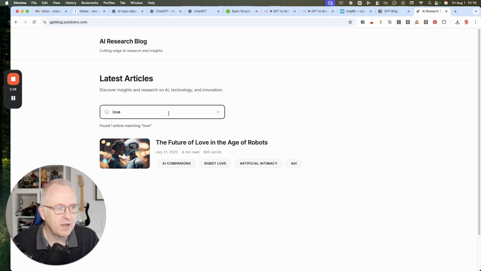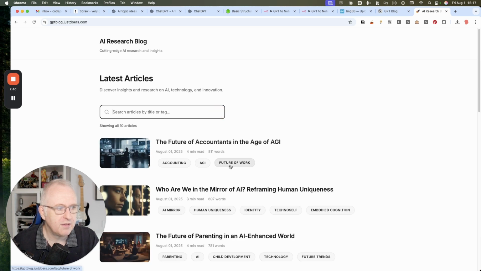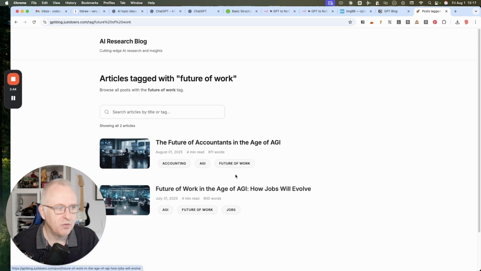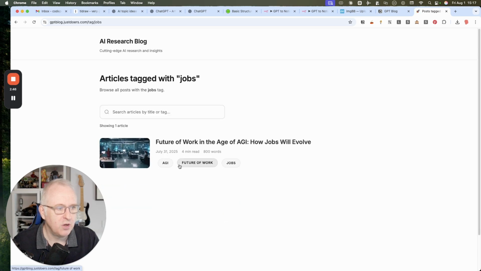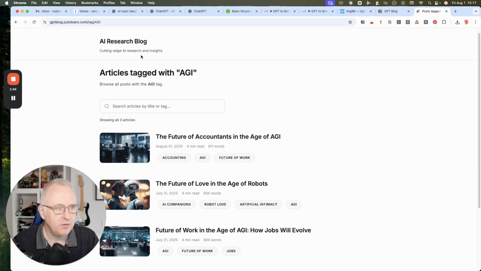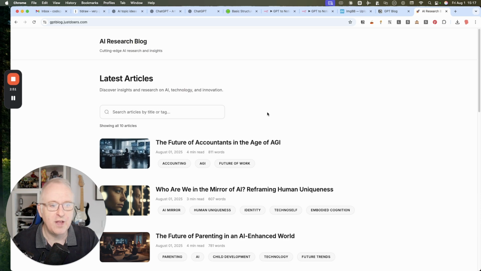I can also click on any of those tags and see if I have multiple articles for the tag, as I have here, jobs, AGI. So you see how fast this is. So this is a Flask web app connected to the blog, which is